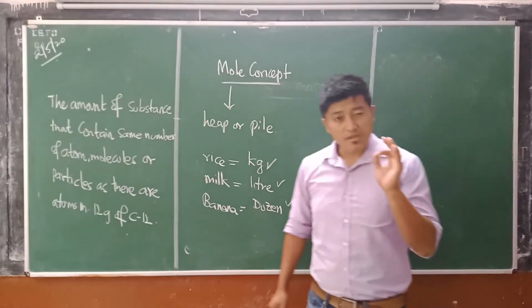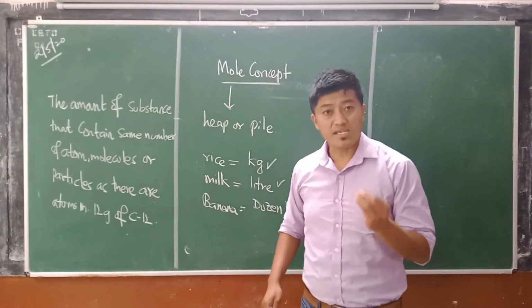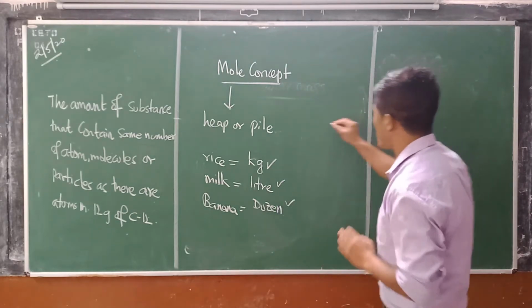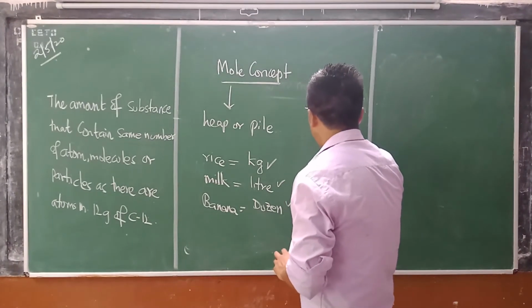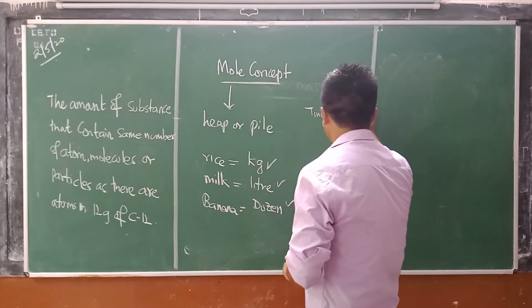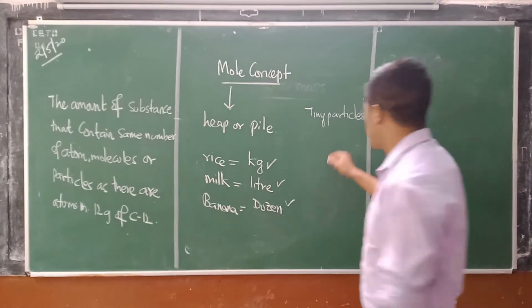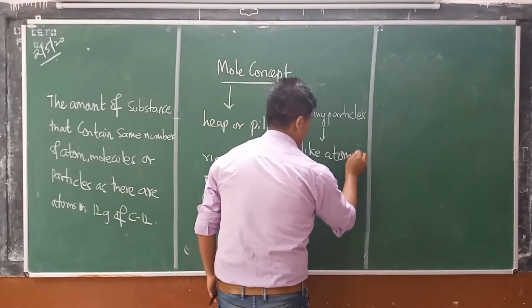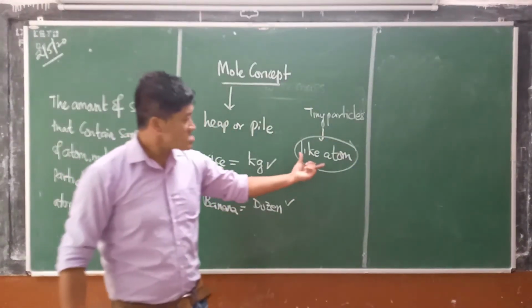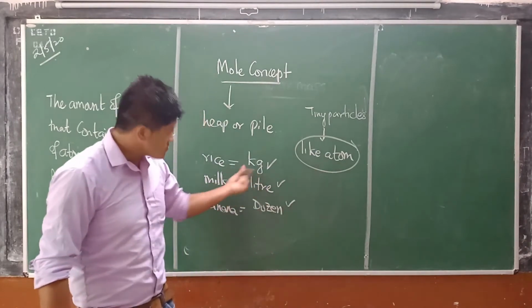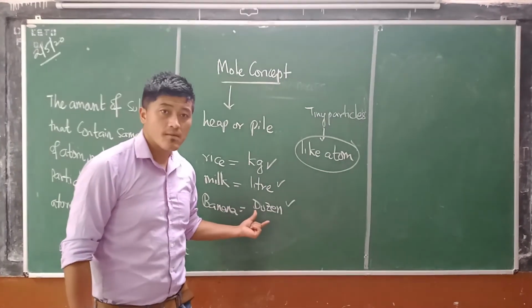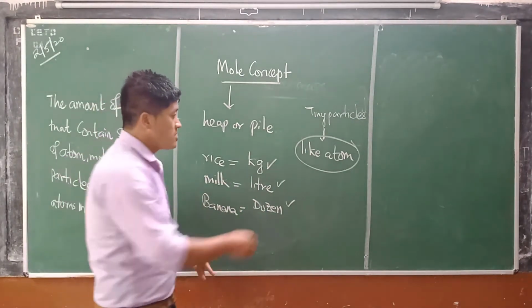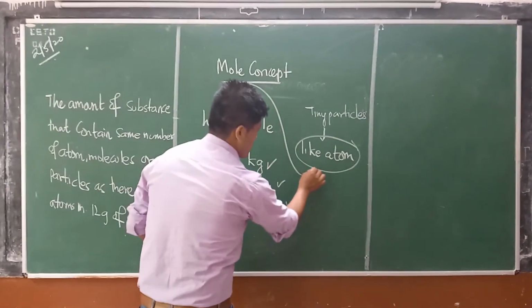But what if the things which we are going to measure come in the form of very small tiny particles, like an atom? In the case of measuring atoms, can we still use kilogram? Can we use liter? Can we use dozen? I don't think it's possible for us to use kilogram, liter, and dozen. So this is how this particular mole was introduced, to measure